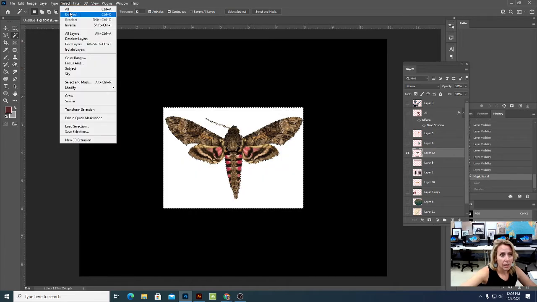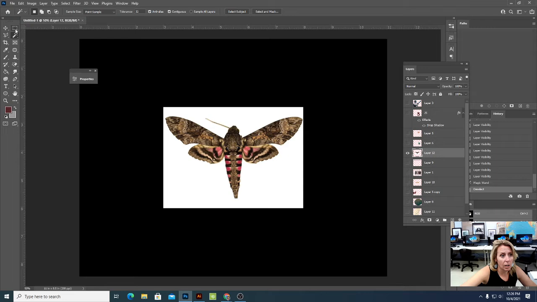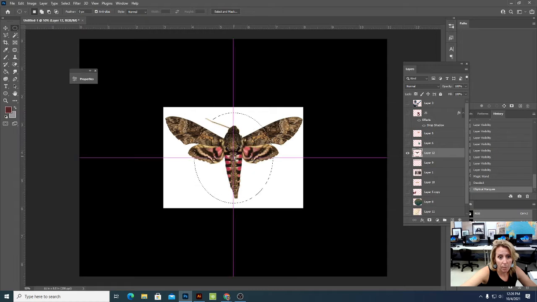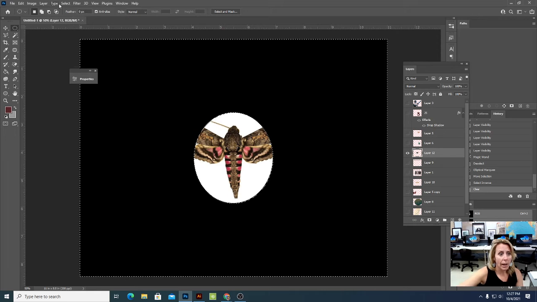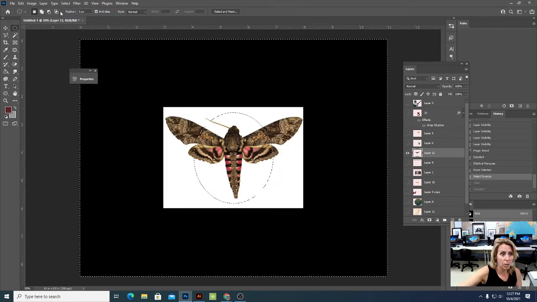I can make unconventional selections. So I might maybe use the circle instead. Maybe I'm going to do just a small part. How do I cut away? Remember, if I want to cut away what's around it, I'm going to inverse that selection. So I'm going to inverse it, and then I'll hit that delete key. So I don't have to do a standard around the body selection, but if I wanted to, obviously I would